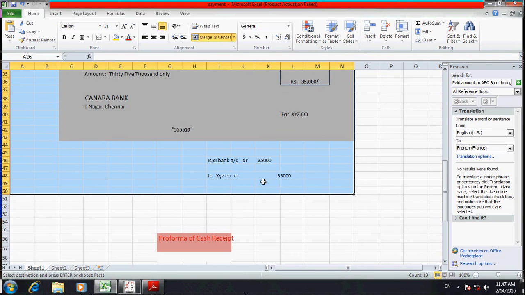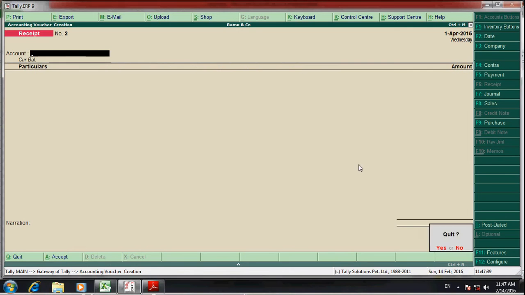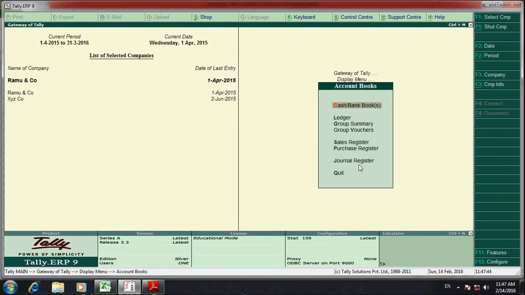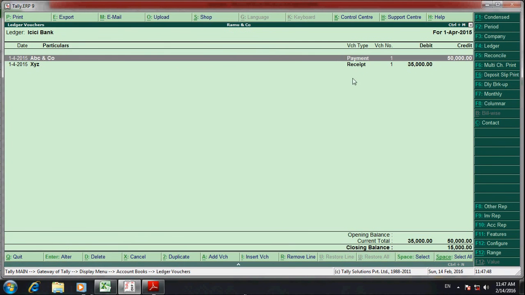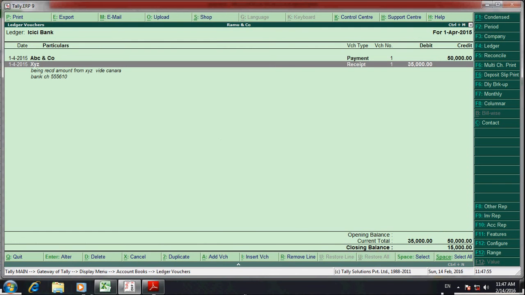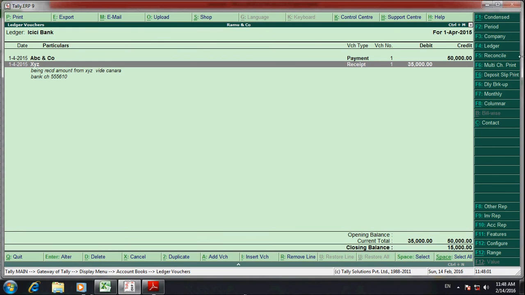So ICICI Bank account debit to XYZ account. Once you enter the receipt voucher, debit goes to ICICI Bank, credit goes to XYZ. We will see this in ledgers: ledger report, display, account books, ledger, ICICI Bank. Say here 35,000. So according to this, ICICI Bank debit 35,000. Then XYZ credit, ledger XYZ,